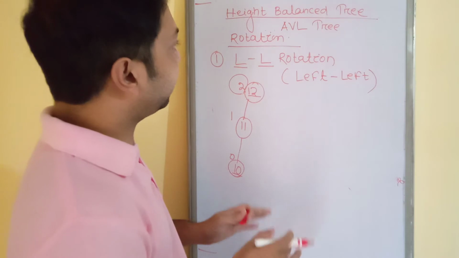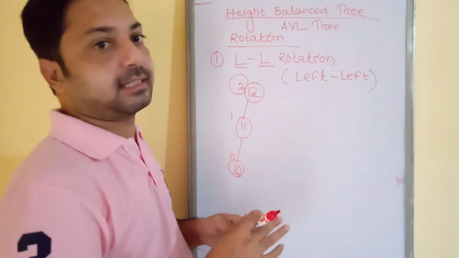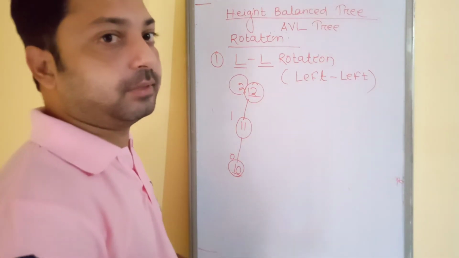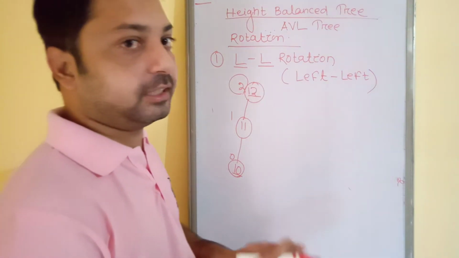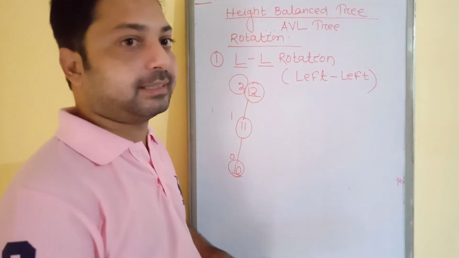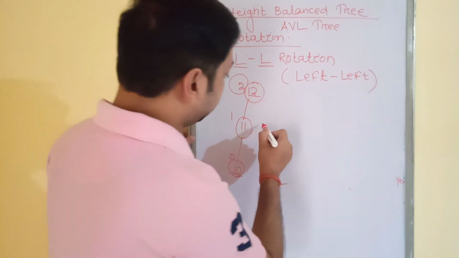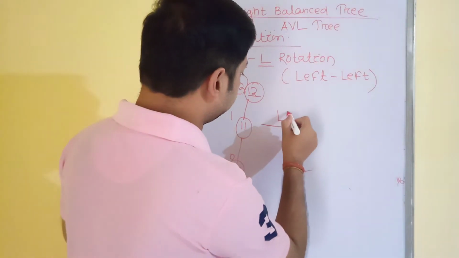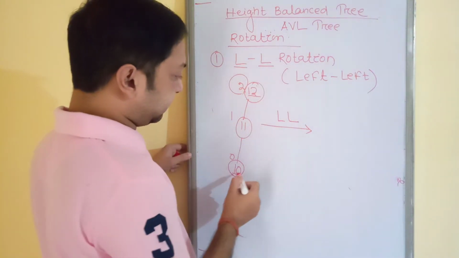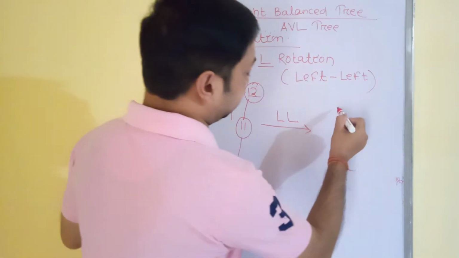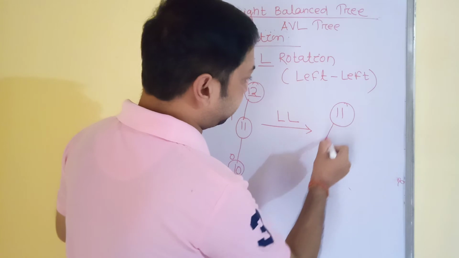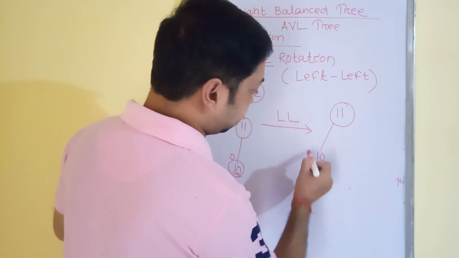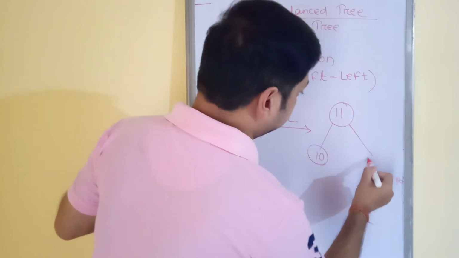Because already we know that an AVL tree is a binary search tree, and I have already explained that in my previous video. If you have any doubt, you can go through that video again to understand what exactly a binary search tree is. So now once you apply LL rotation, this is the largest one, this is the smallest one. In between that 11, so just make it the root. The smaller element will be on the left hand side, the larger element on the right hand side.